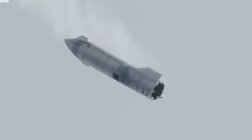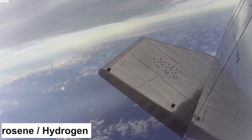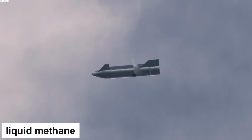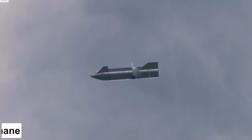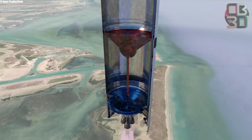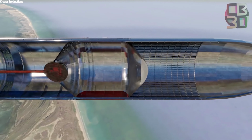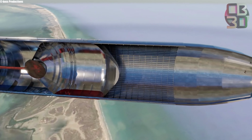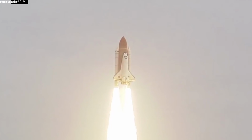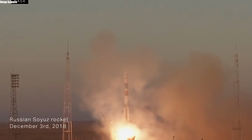Talking about the selection of fuel, until now SpaceX used RP-1 kerosene or hydrogen for its rocket engines, but this time it decided to go with liquid methane for the Raptor engine fuel. But why so? Methane offers higher performance than kerosene-fueled engines, with a difference in specific impulse on the order of 35 seconds. Although liquid hydrogen would offer an even higher impulse of 450 seconds, it comes at a much higher price. Another reason to consider methane is that SpaceX's ultimate goal is to develop a system capable of taking humans